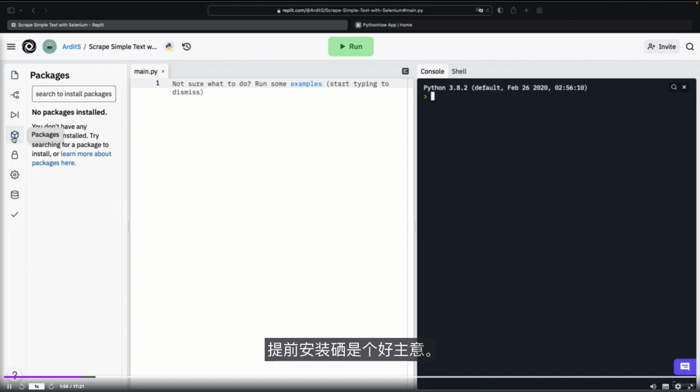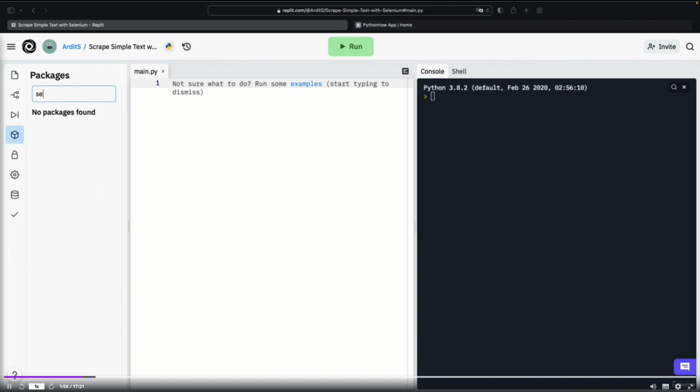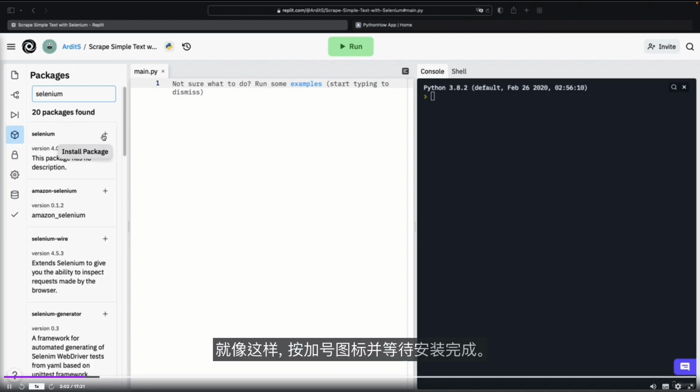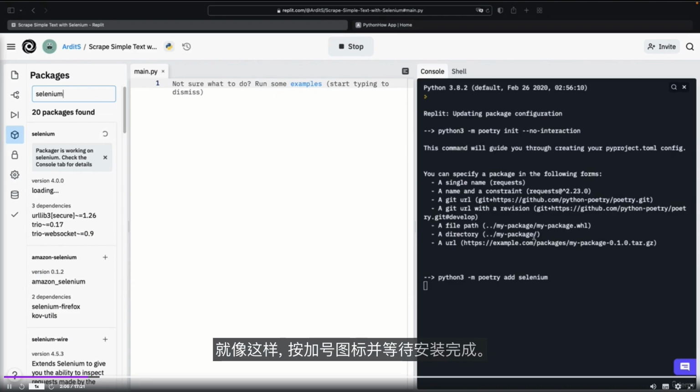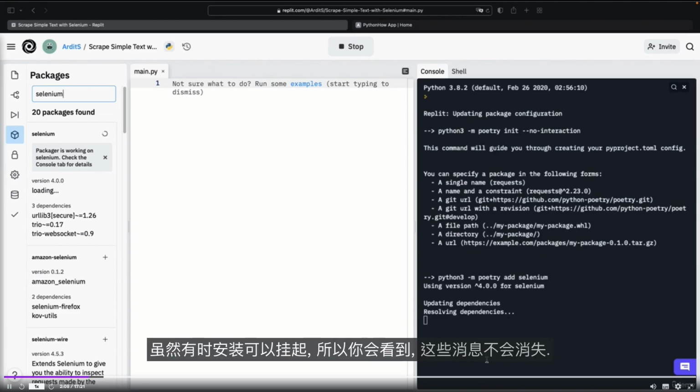It's a good idea to install Selenium beforehand. Selenium, like that. Press the plus icon and wait until the installation completes. Sometimes though the installation can hang, so you'll see that these messages will not disappear.